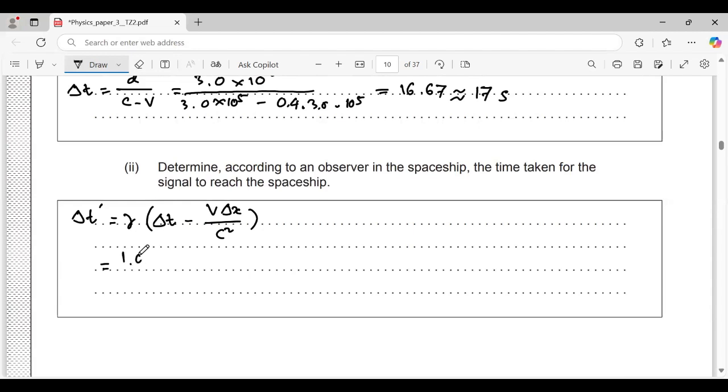This is 1.09. Delta t is 16.7 minus v, which is 0.4 c, times